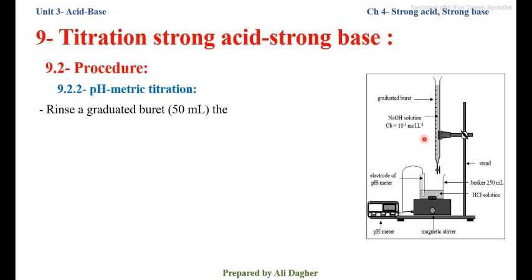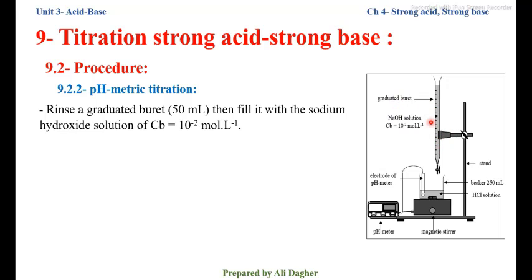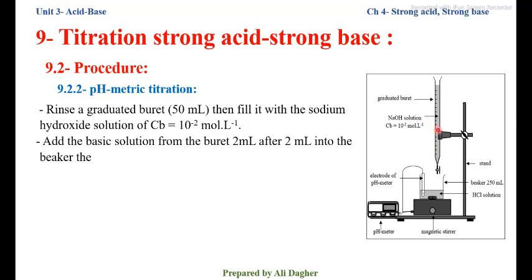Now we rinse the 50 ml graduated burette with distilled water, then with the sodium hydroxide solution, and then we fill it with the sodium hydroxide solution of concentration Cb equal to 10 negative 2 mol per liter. Add the basic solution, 10 ml after 10 ml, from the burette into the beaker. Then measure the pH